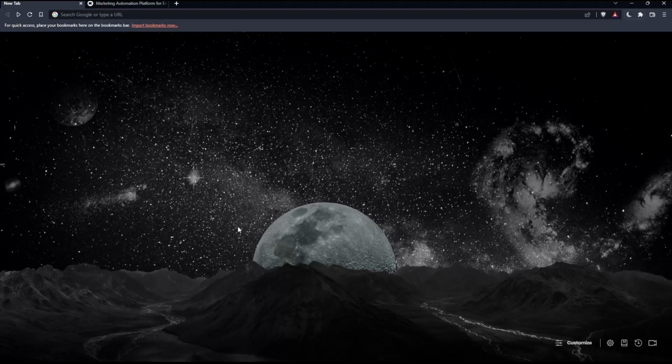So the first thing that you would like to do, of course, is just go and open whatever browser you're going to use to follow this tutorial's steps. In my case, I'm actually using Brave, but of course in your case, you can use any other browser that could possibly work for you. Once you open that browser, make sure to go to this URL section and simply type